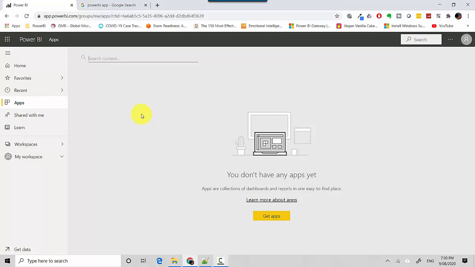In this video, we've looked at apps as a concept in Power BI service, where you bundle a set of reports and dashboards, and it's easier to package them and distribute them across different users should you want to. There's an ease of access, and an app can have multiple dashboards and reports inside it. You can edit the app and remove some of the reports and dashboards. We also learned how to publish an app, edit it, then unpublish and remove the app. So we've essentially covered apps in the Power BI service.